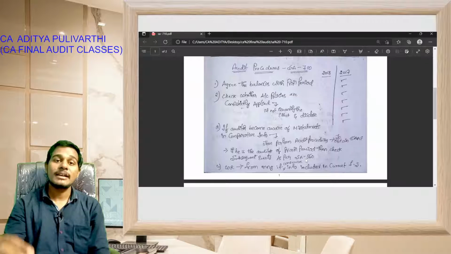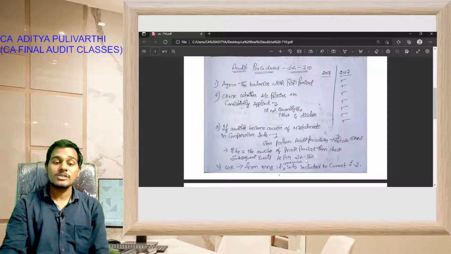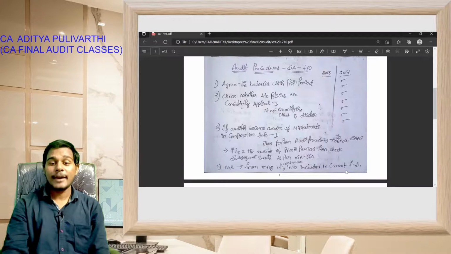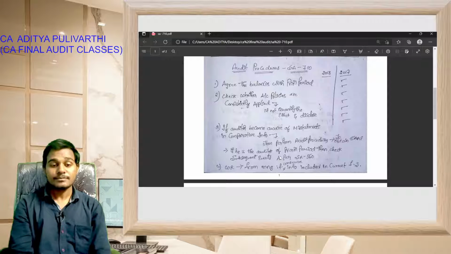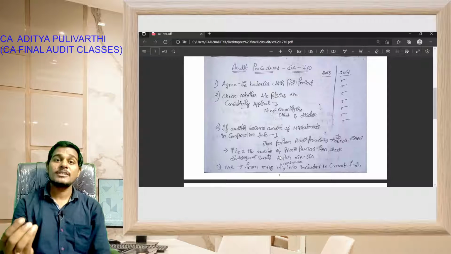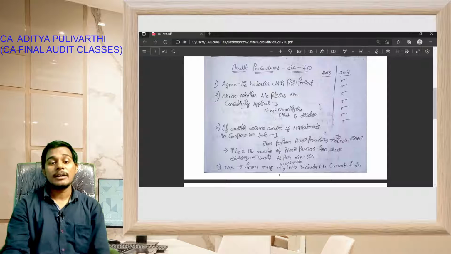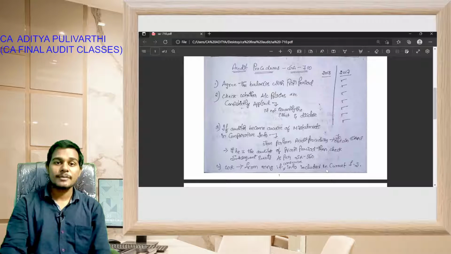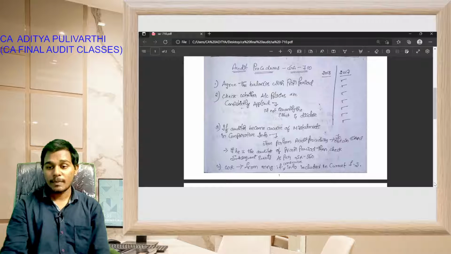Whether the management has resolved the misstatements or not. The auditor will check written representation from management if the corresponding figures are included in the comparative financial statements. See students, the auditor will take written representation from management if there is comparative information included in the current financial statements. Okay students. Next,